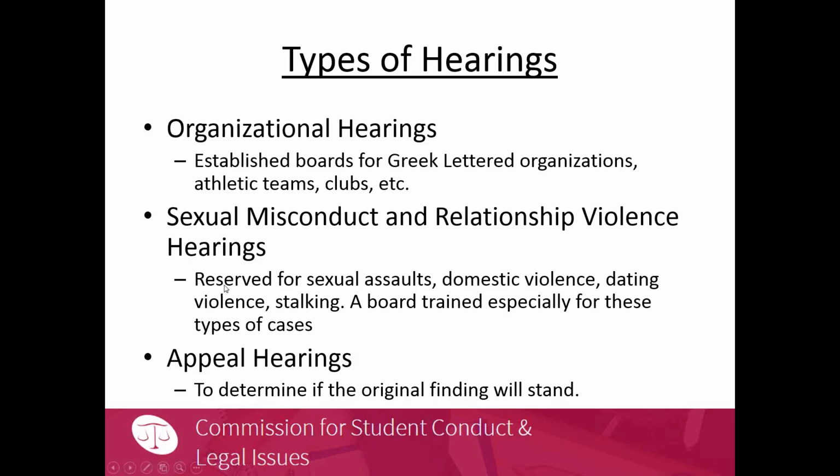The next type of case, and most campuses have an appeal process, but some don't. But another type of hearing is the appeal hearing process. That can vary from campus to campus, truly. Some campuses have boards to handle appeals. Others are just working with maybe their dean of students. Others with the director of a certain office. It could vary, but the appeal process is just really determined if the original finding will stand or be amended in some way.